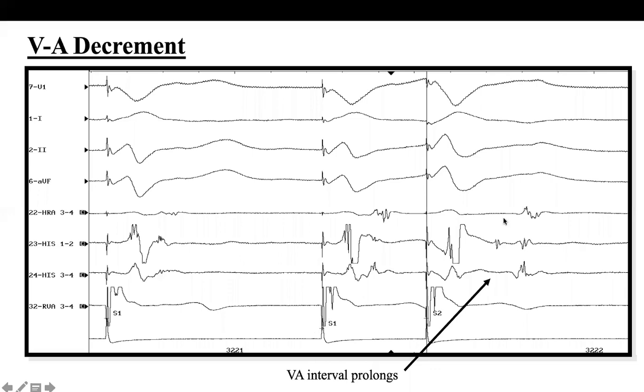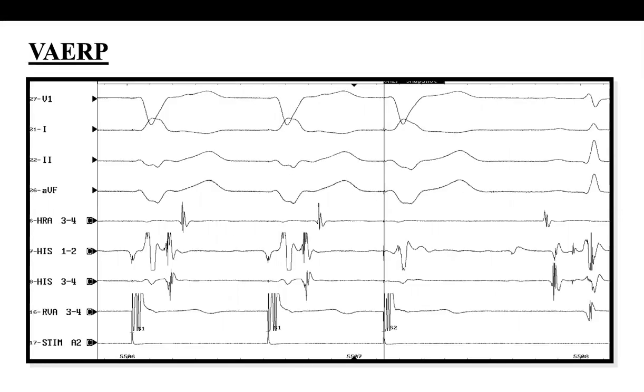So that's the prolongation of the VA interval, because we are stressing the AV node in the retrograde conduction direction. It's exactly the same as what we are doing in the atrial pacing, and that sometimes will differentiate the accessory pathway as well. If there is an AV node and accessory pathway at the same time in the same patient, you could see the conduction through the AV node, then a jump to the conduction through the accessory pathway, or the opposite. Then